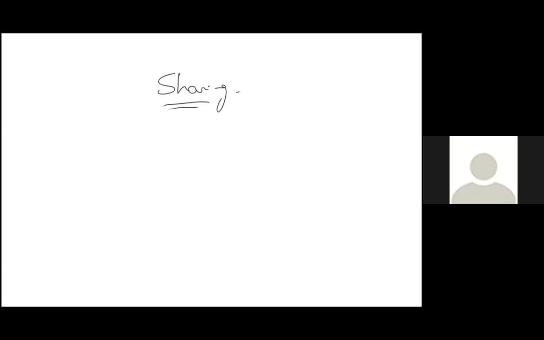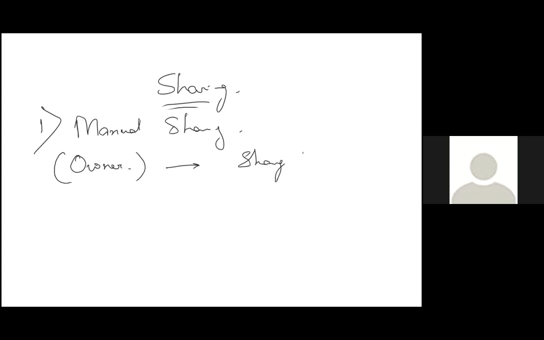Sharing, the first way is manual sharing. Who can do manual sharing? Only the owner of the record can do that. How can we do that? Using a sharing button. We'll see this. Just remember this. I can add a user using the sharing button, and I can also give him the access. I can give him read permission. I can give him read write permission. Second is team sharing.